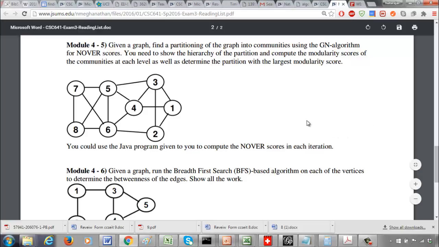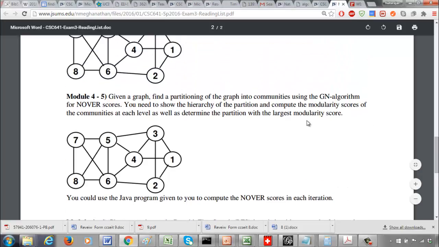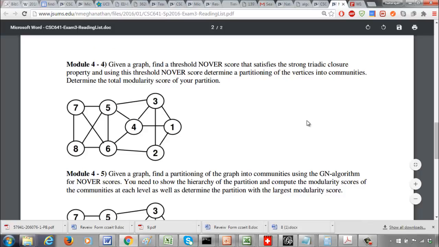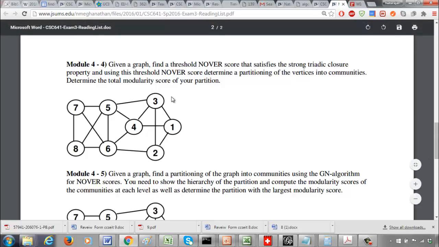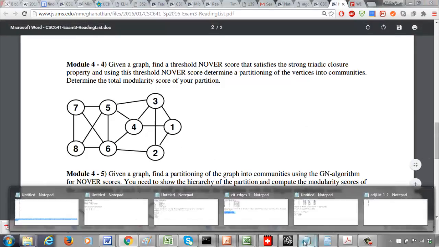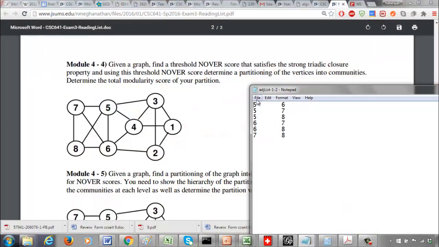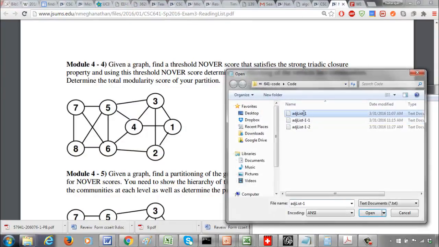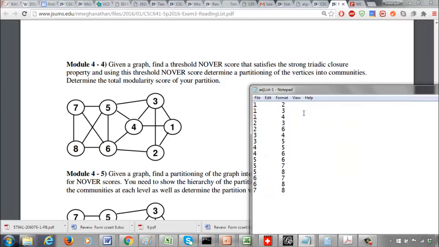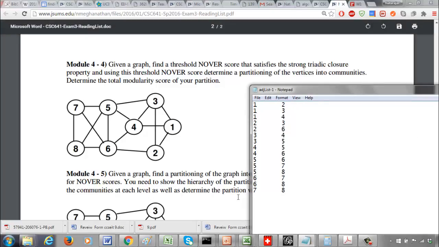Okay, so one thing you would need for this exam is how to compute the NOVER scores of a given graph, or after it has been broken down into two or more communities. So we'll start with the entire graph. So we can get the adjacency list of the entire graph. Okay, so given a graph and its entire adjacency list,